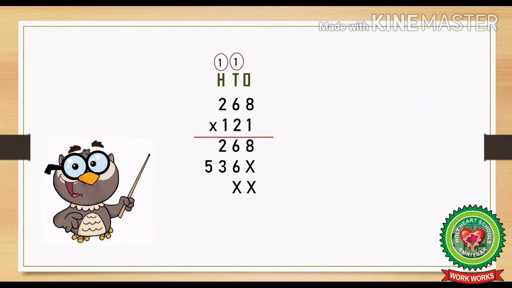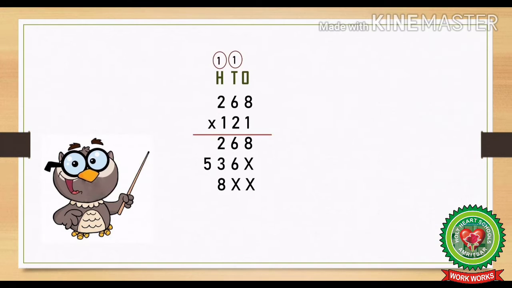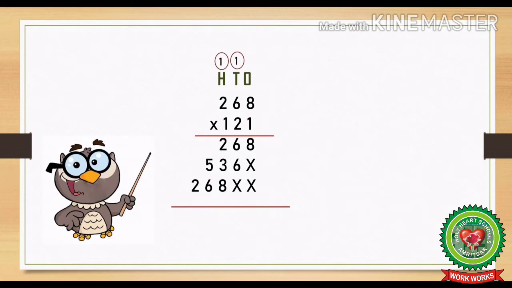Now we will move on to the third digit from the right hand side, that is 1. Now before starting the third step, we will put 2 crosses just below the ones and tens place. Now let us multiply. 1 8s are 8. Then 1 6s are 6. And 1 2s are 2. Now we have multiplied the above number with all the given digits.